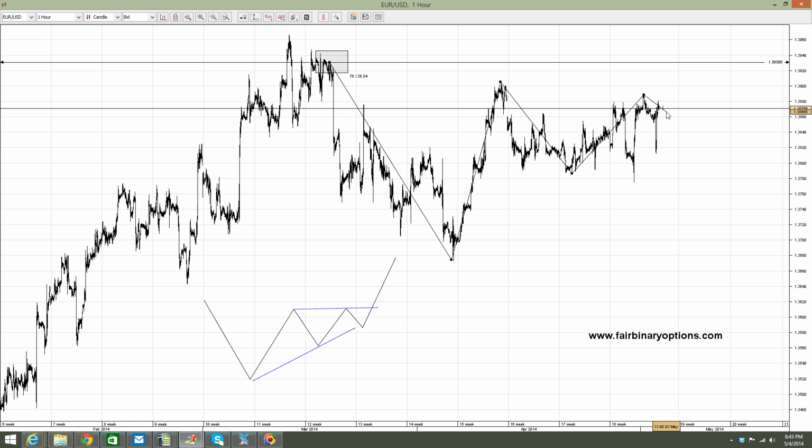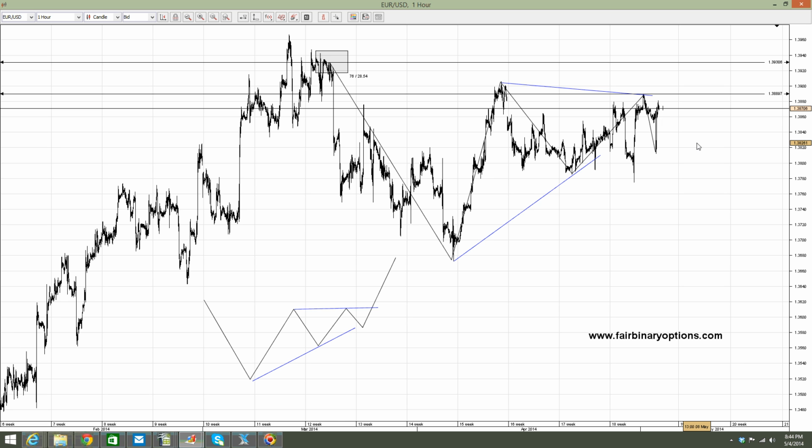So what I would like to do is for that 38.80 to be broken, and therefore these highs here at 38.88 or 39 to be broken as well, as that would be the trigger for our call options, because what I would like to do here is to go and buy call options. So this to be, I would say, either here or here, it doesn't matter, like this, the A to C and the B to D trend line. And what I would like to do is to buy call options when price is moving above